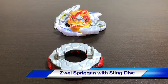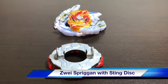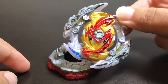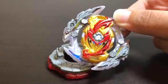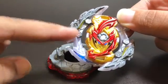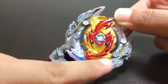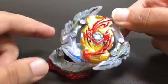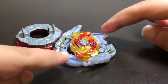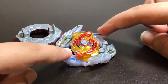First, we have Zwei Spriggan with the Sting disc. Now, with the Sting disc, the most important thing about this bay is going to be the main points of weight. These Zwei base's main points of weight are on the top left and on the bottom right. These main points of weight also connect with the weight, meaning they're in the same place as the weight, which adds a lot of weight to those 2 points. Now, because of this, the layer is unbalanced, but these points pack a massive impact. These smaller blue points here don't pack as much of an impact because they're smaller, less heavy, and have a